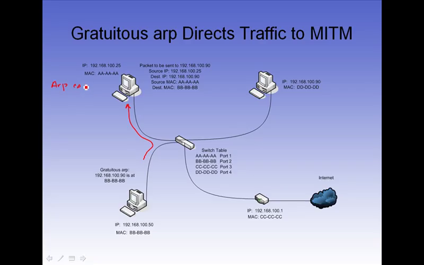The ARP cache is just held in memory on the particular computer, and I'll abbreviate this. .90 is at BB BB BB,